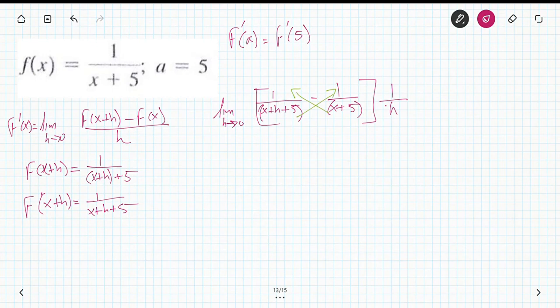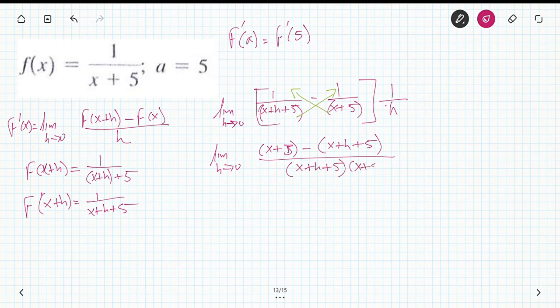So we have the limit as h approaches 0 of x plus 5 minus x plus h plus 5 over the multiplication of those, so x plus h plus 5, x plus 5,